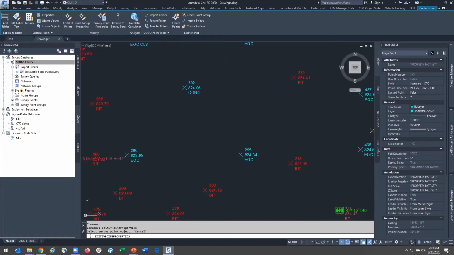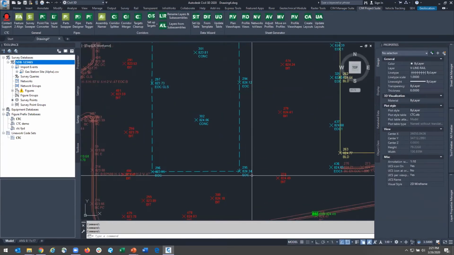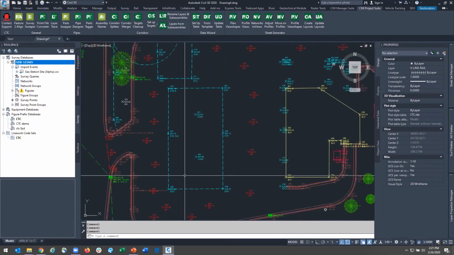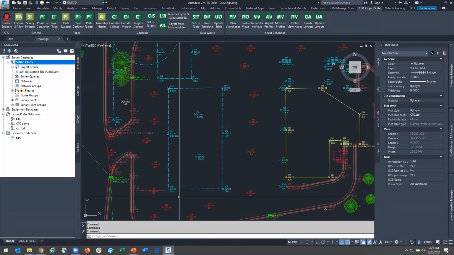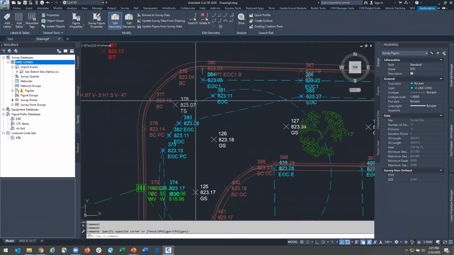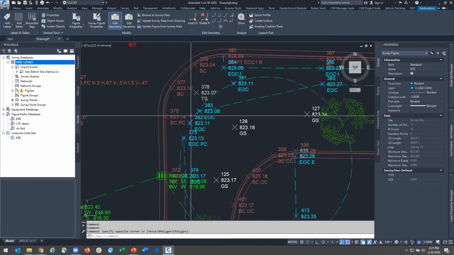Going through, it's rereading that point file and your survey database as it was written. But now what it should be doing is going from 294 due south to 295 and then due west to 296. So through a survey point edit, I've made that happen. Over here though, we've run into a situation where there are no point edits we can do to make this work. So we're coming north and we attempted to do some auto curve work over here,